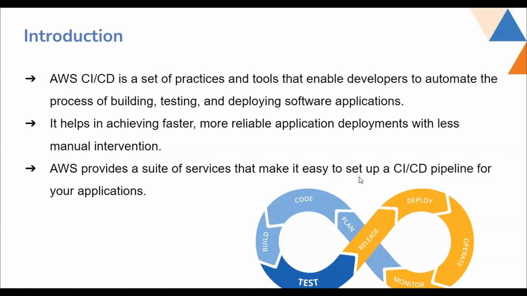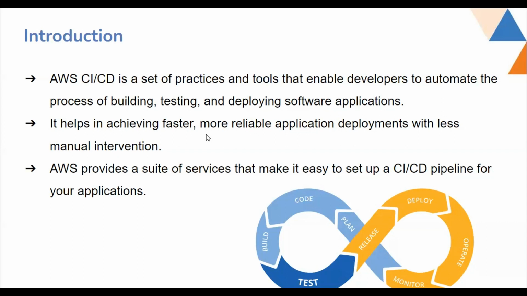And continuous deployment will come under the release of that code. Okay, deploying it on the instance, and then we can monitor whether everything is working fine or not. So that part comes under the continuous deployment. So it helps in achieving faster, more reliable application deployment with less manual intervention. So we don't have to push code every time manually. The CI/CD pipeline will take care of it, and it will automate the process of deploying it to the